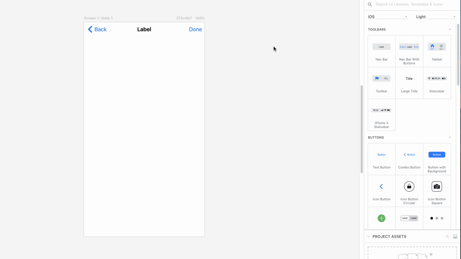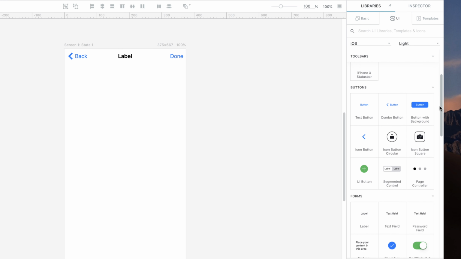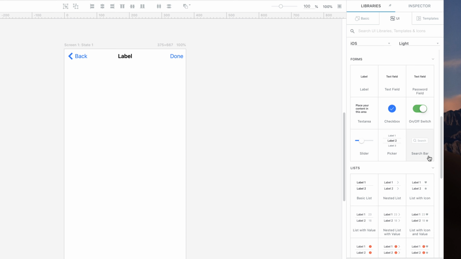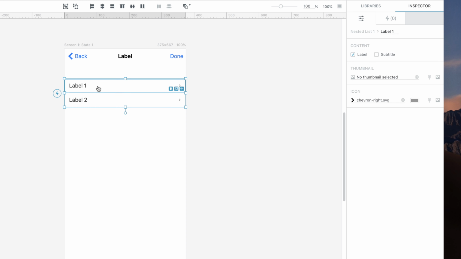Components like tab bars and lists can have any number of tabs or list items, and these have properties and interactions of their own. Let's drag a nested list component to see how that works. As before, by selecting the component, you can customize some basic component properties. On the list component, you can also select individual list items on the canvas and customize that item's properties, such